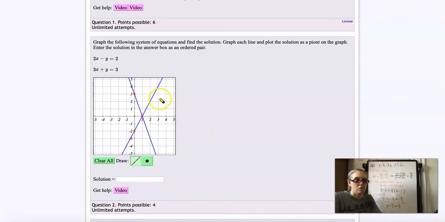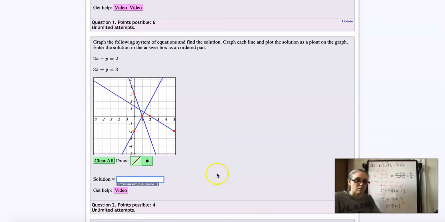So whatever method you use to graph, you don't have to show your work. You can choose any method that you want. Just make sure you graph your lines correctly, okay? And then once you graph your lines, you're going to write down the solution. And the solution is the point where they intersect. So right here you can see that the 2 graphs cross